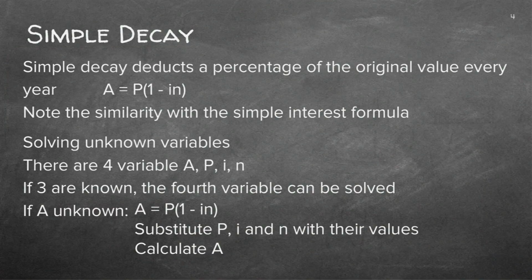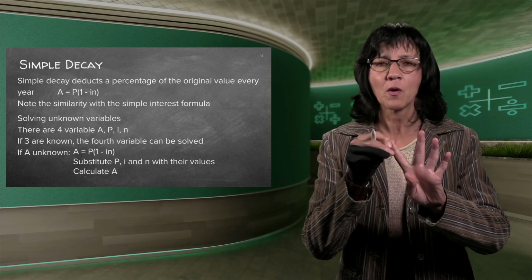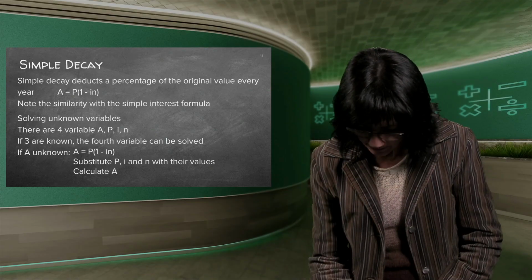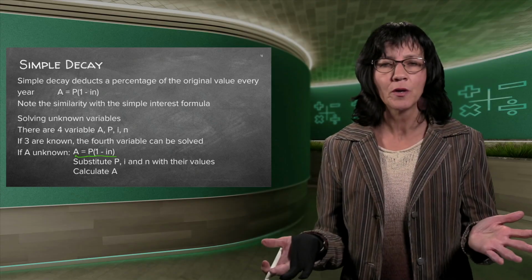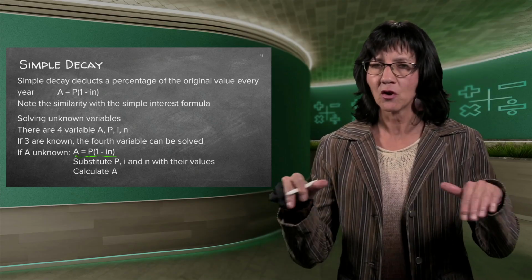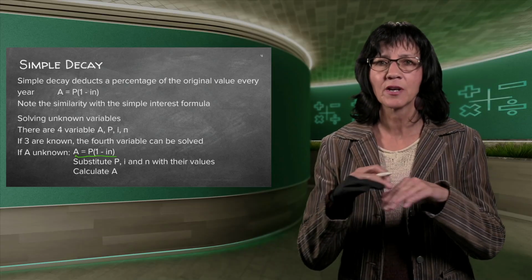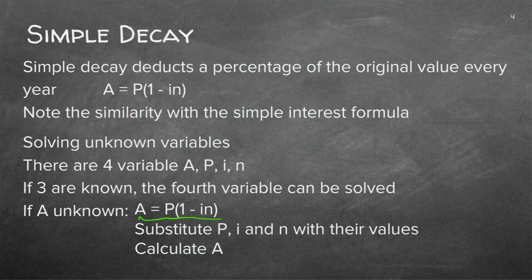Good. Now, let's look at this one, simple decay. We already did it. You deduct the interest rate times the amount of years because the amount needs to decline. It needs to become less and less because it's depreciation, decay or depreciation. Now there are 4 different variables. As I've said many times in the previous lessons, there are always 4 different letters. 3 of them will be known and the 4th one is the one that you need to work out. So this is the straightforward formula, simple decay, everything on a straight line. They also call it the straight line method.